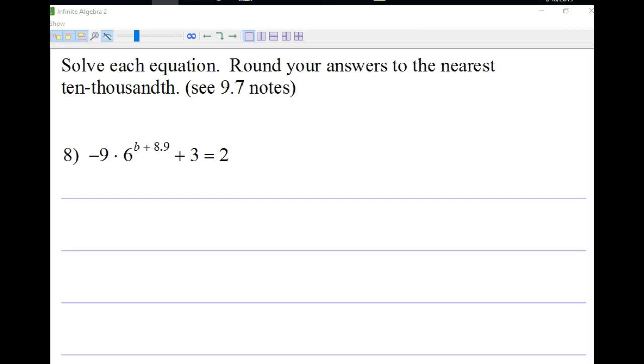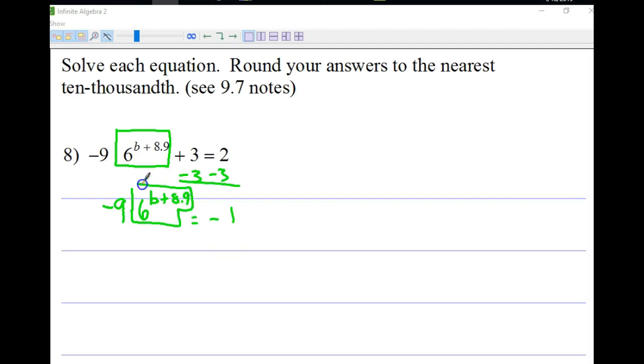Let's go ahead and solve this. Solving exponential equations. We're going to get the exponential piece by itself. So the first thing I'm going to do is I'm going to minus 3. By the way, these are calculator questions. You would need a calculator to do these. Your cell phone should work fine. Next, to get the exponent piece by itself, you're going to divide both sides by -9. The negatives cancel, and I'm left with